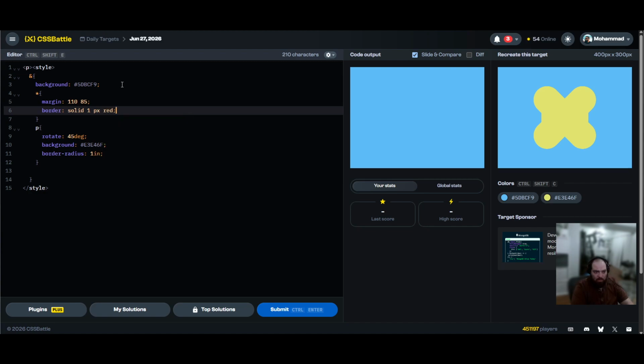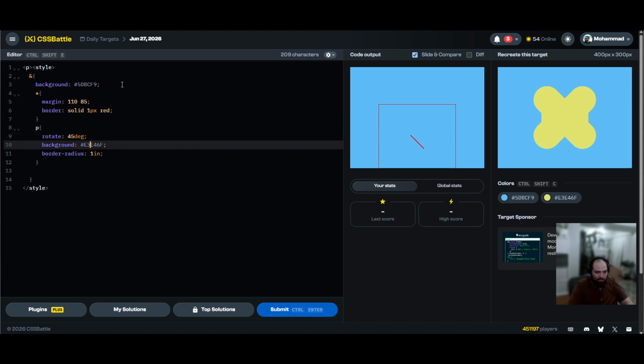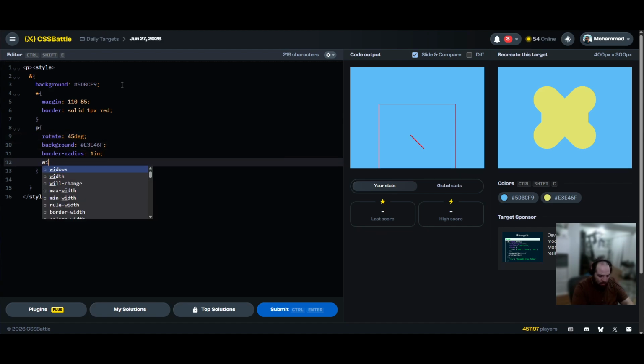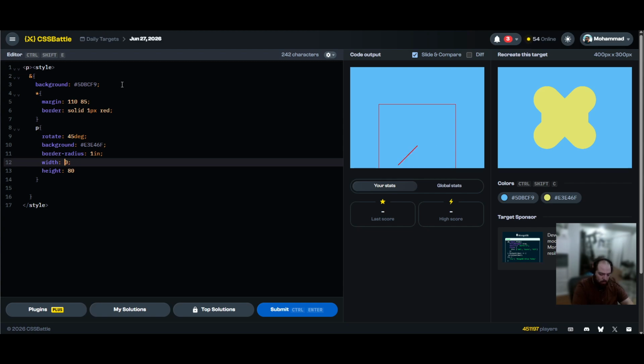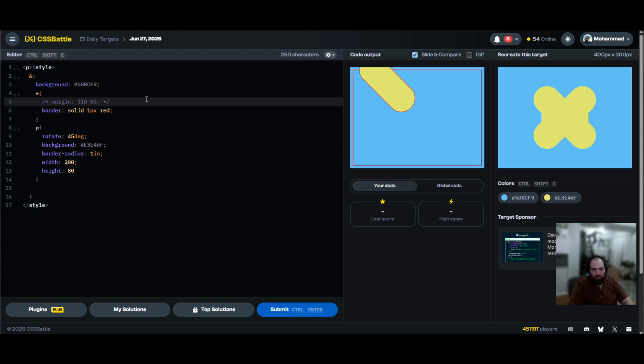Okay, I just want to see what is going on here. We had width 80, or height rather, 80, width 200, was it? 200. Okay, so if I did this,